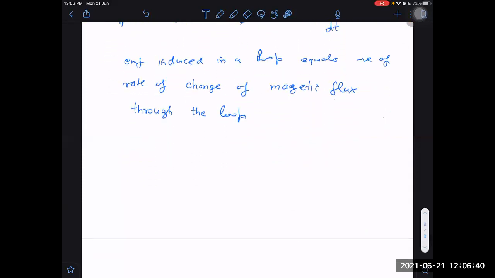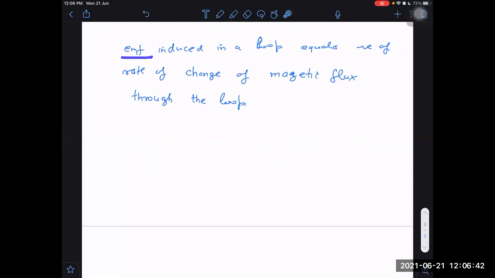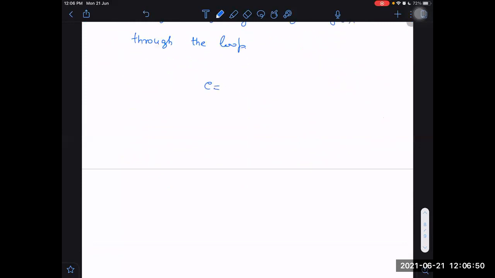This point is clear. What does EMF mean? EMF means electromotive force. We can say EMF is equal to minus of the integral of E dot dl, and if it is a closed loop, then it will be this. You may be thinking why it is E, what is happening here. What is the definition of potential difference? Minus of E dot dr, or the integral of E dot dl, that is the definition of potential difference.